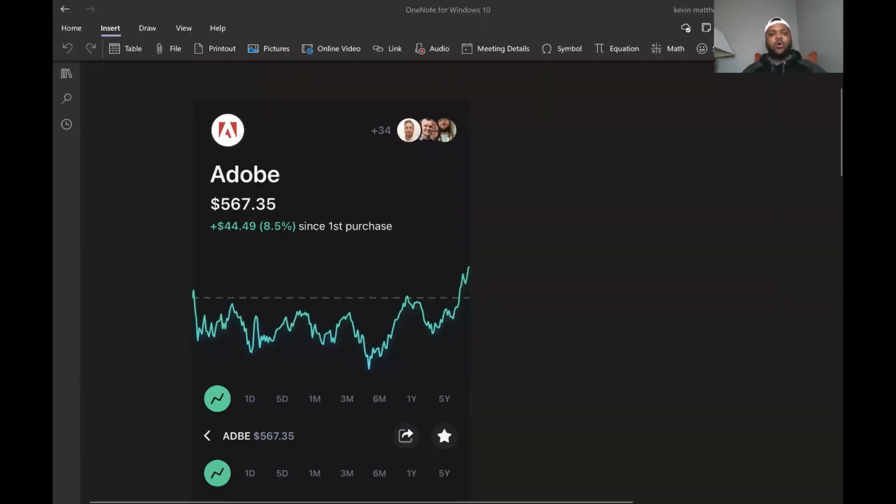So here's why. I'm going to go ahead and share the screen real quick, and I might write on the screen if it lets me do it. Sometimes it freezes. All right, so y'all have heard me talk about Adobe. At first, I wasn't a big fan of Adobe. Well, 6 months ago when I bought it, right around 6 months ago, I thought Adobe was going to be fire, right? Let me see if it's going to let me write on the screen.